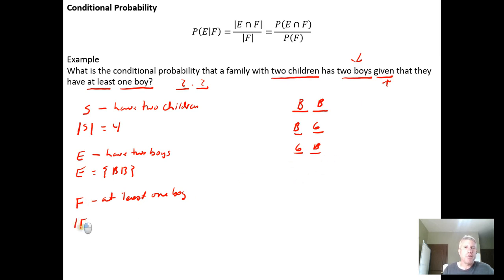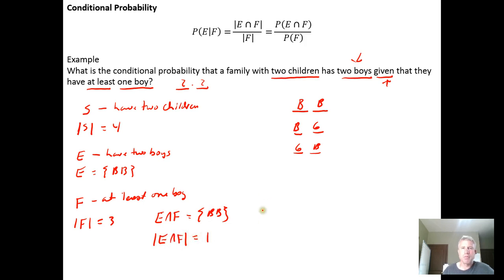So the size of F is equal to 3. And then we need to look at E intersect F. And this is, hey, the intersection between having 2 boys and having 1 boy, but this intersection is just boy, boy. So the size of that intersection